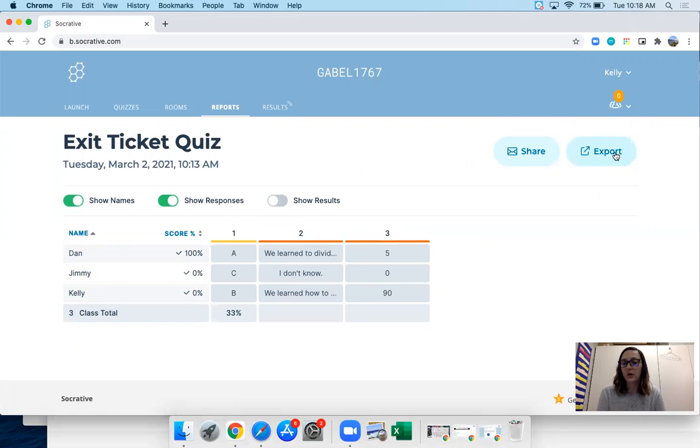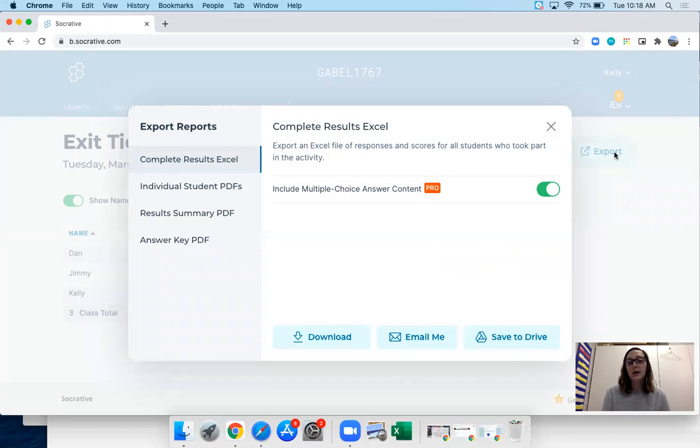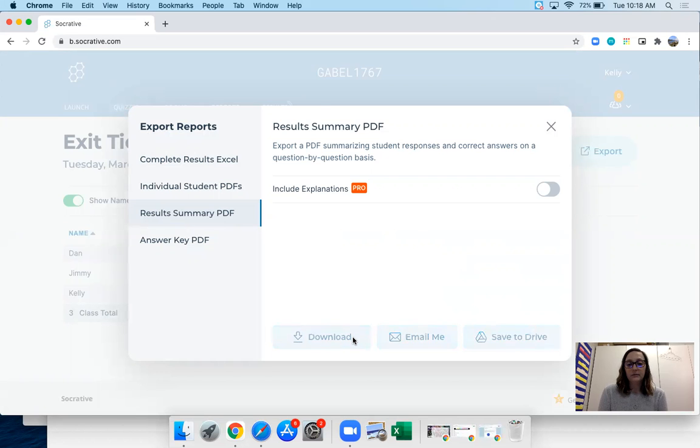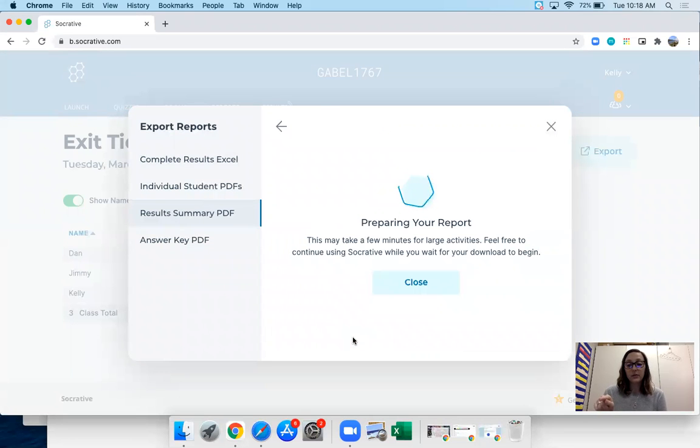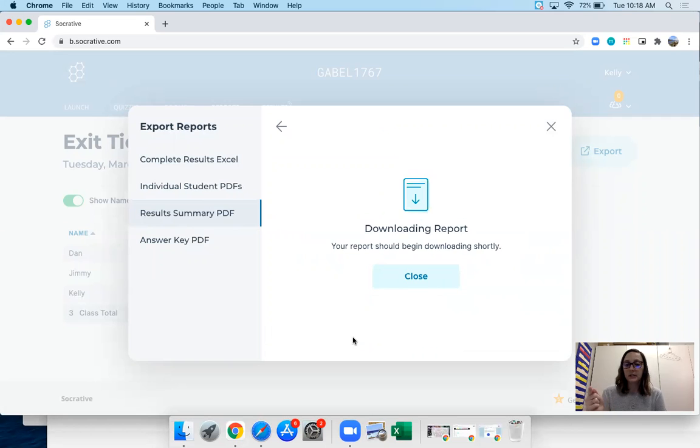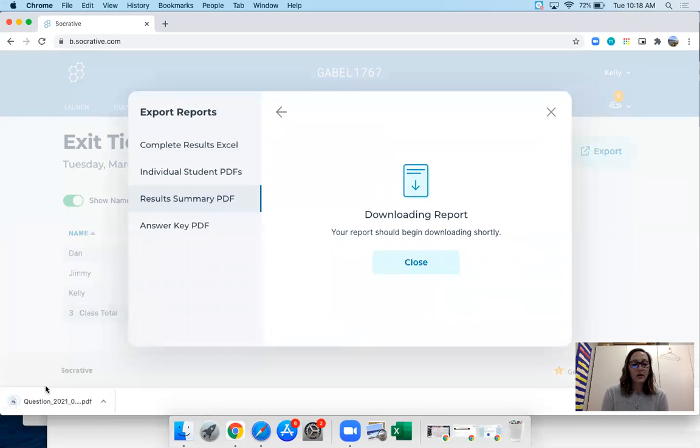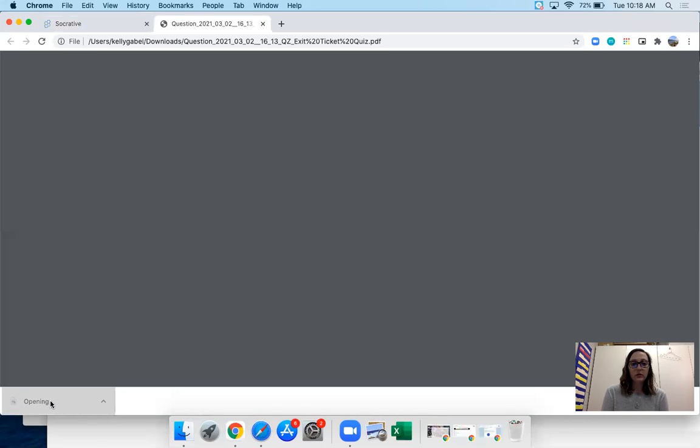But then I wanted to show you export. So let's say you had that exit ticket and you do want to keep it. You want to keep it because maybe you want to use it for evidence or you want to use it for discussion. I'm going to do the results summary PDF. You can always mess around with the different ones and you can download that. So you also saw there was an add to Drive, which would just mean it saves it right into your Google Drive. But to show you,